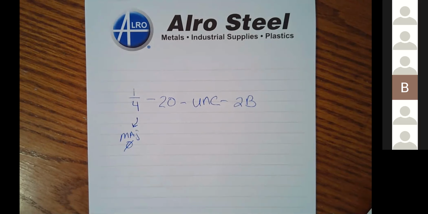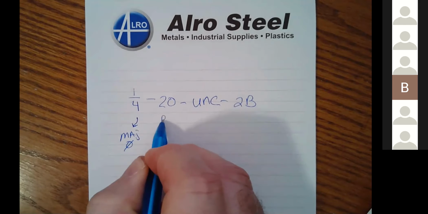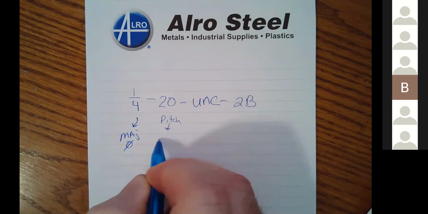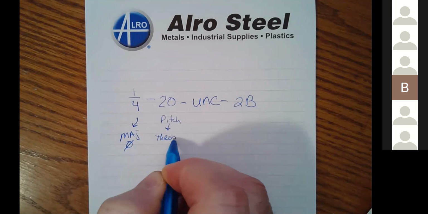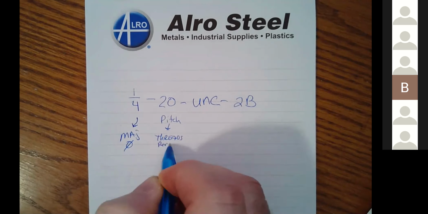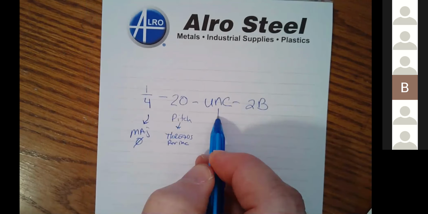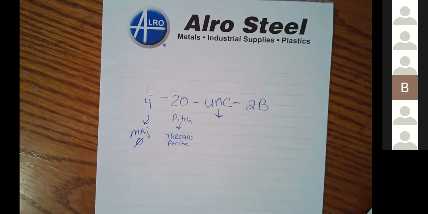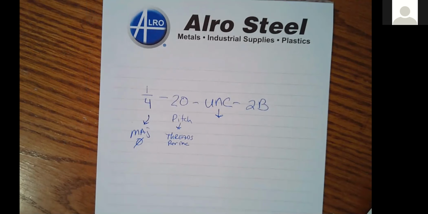Isn't the threads per inch? How many threads per inch? Yeah, that's going to be the pitch. Threads per inch. What does UNC stand for? Unified National Coarse, so it's a coarser screw or a coarser thread. UNC does stand for Unified National Coarse. That is true. But